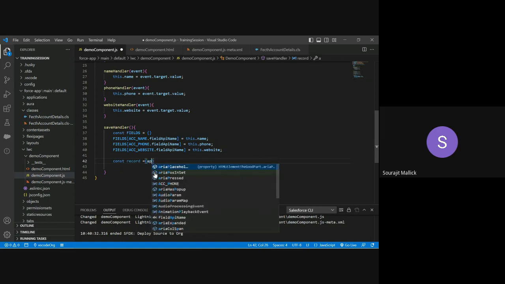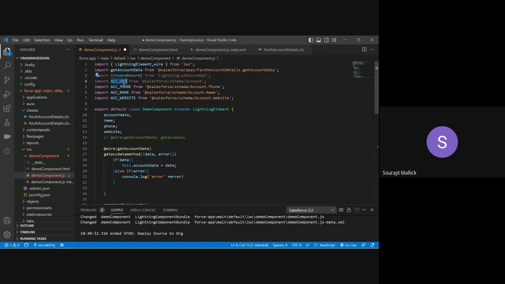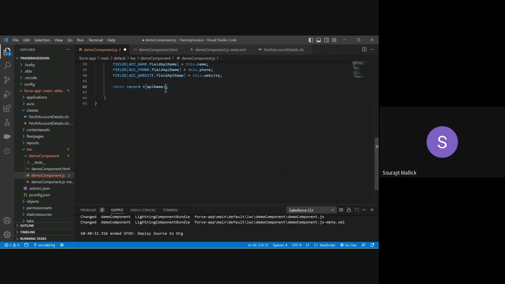So apiName, colon. What is the object API name? ACC_OBJ, we have imported. ACC_OBJ.objectApiName,